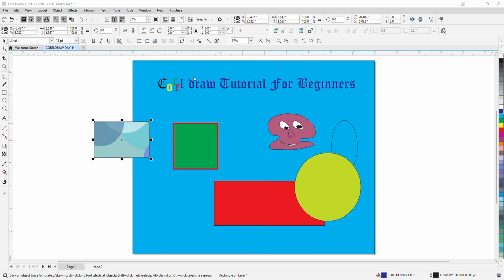If you are seeing something different from this, that means you are not on uniform fill. Look at this, it's on another one, fountain fill. To have gradient fill, a two-color transition from one to the other, that is on fountain fill. Then if you go to the other one, you see vector pattern fill, just like the way they